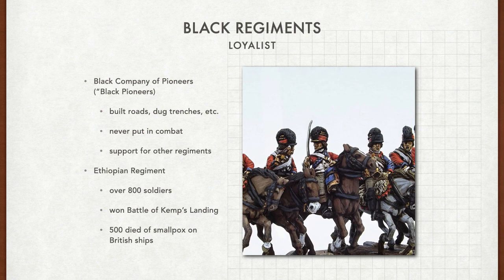They were briefly trained before their first battle, the Battle of Kemp's Landing in Virginia, where they achieved a victory over the Patriots. After they were overwhelmed at the Battle of Great Bridge, Dunmore loaded the Ethiopian regiment onto British ships, hoping to take the time to train them better. However, the cramped conditions of the ship led to the spread of smallpox, with only 300 of the original black soldiers surviving. So about 500, or maybe less than that, died just on the ship, not even fighting, which sucks, right? And here's a picture of one of those regiments.